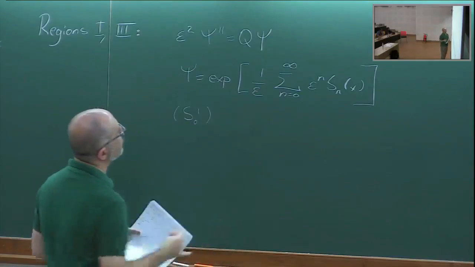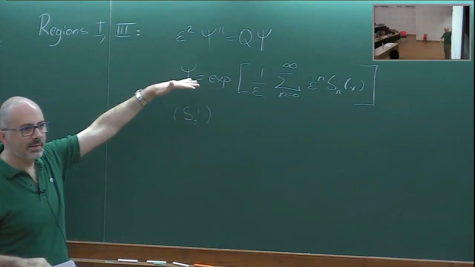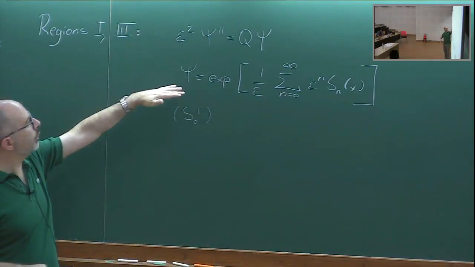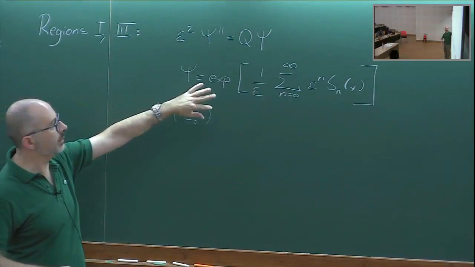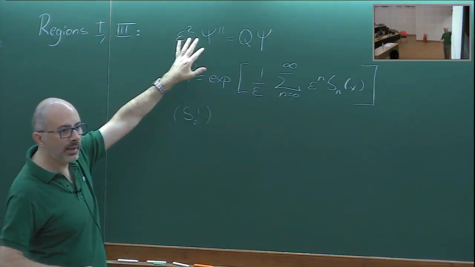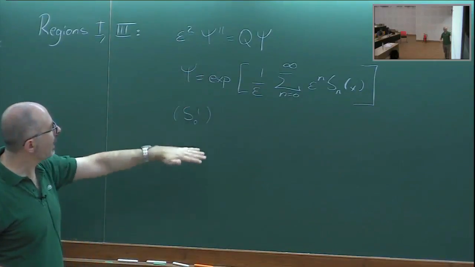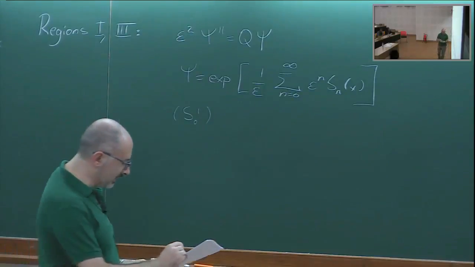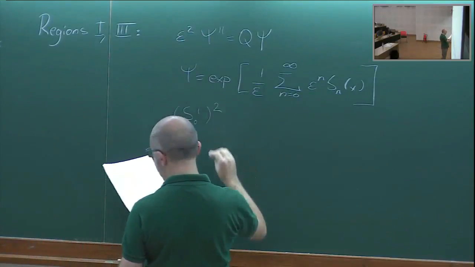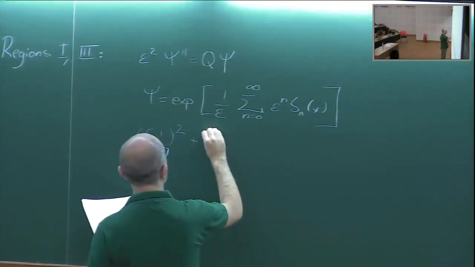So what you have to do is you take this ansatz for the form of psi, you compute one derivative, then you compute the second derivative, you plug everything in here, and you find the following result, that S naught prime squared